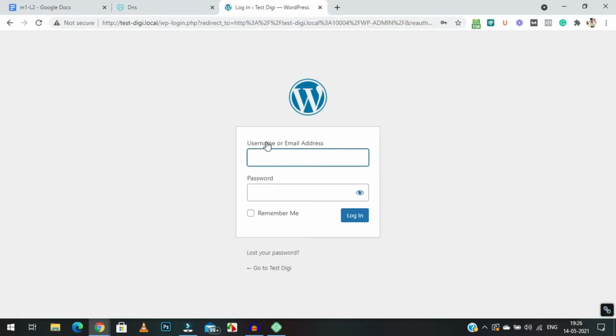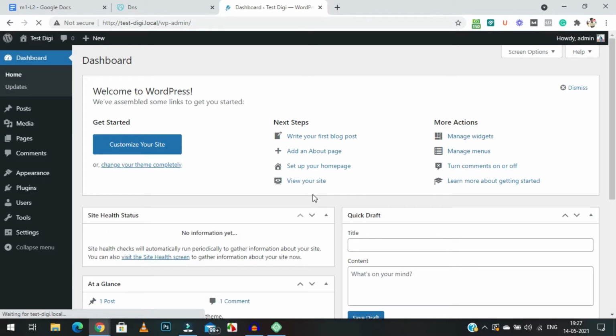Just by doing this, you will get redirected to your username and password section. Here you will need to enter the username and password which you created while installing WordPress, and after that click on login. So after logging in, you will get redirected to your WordPress dashboard, and this is how your WordPress dashboard will look, right? After today we'll be doing everything practically. I'll be showing you exactly how you need to do things, how you need to perform them, right? So this is the very first view, the inside view of your WordPress dashboard, right?